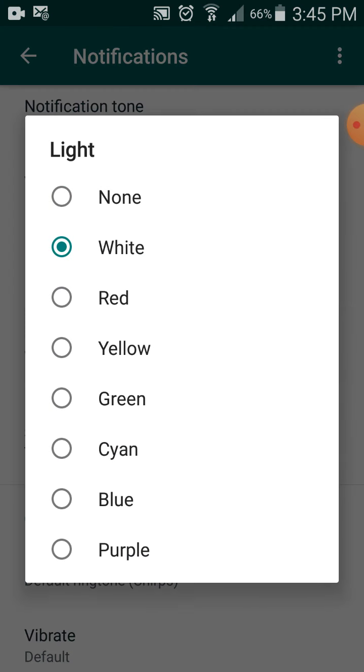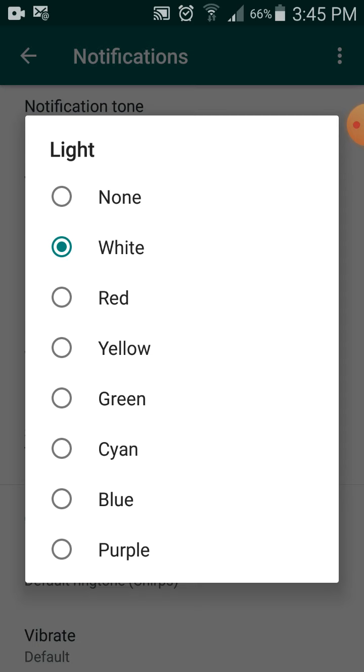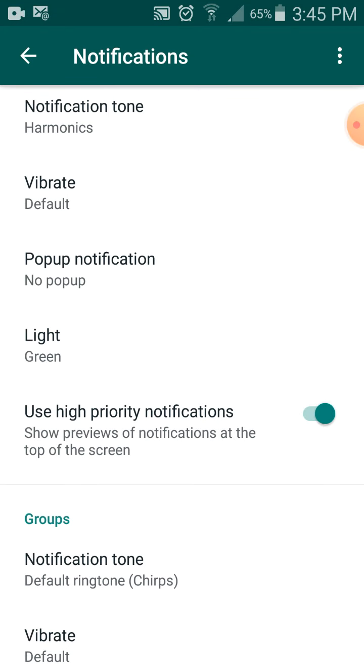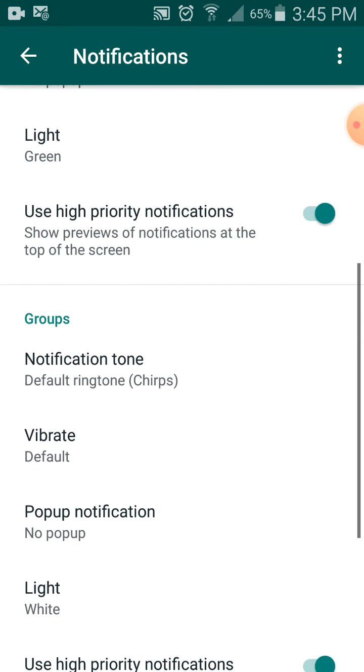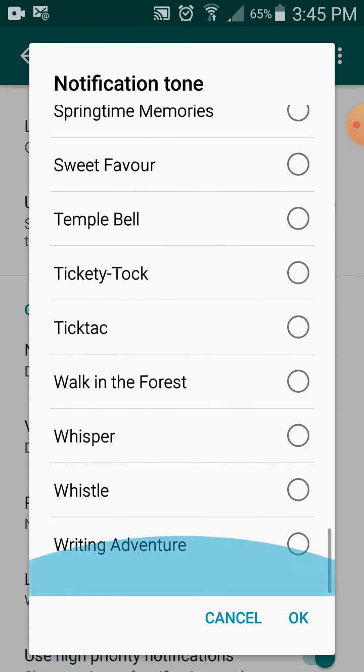Then the light. Which light you want on your WhatsApp screen once a message or notification comes. So you can select the light. Suppose I choose green. Okay, the group notification: here also for the group notification you can choose the tone you want.